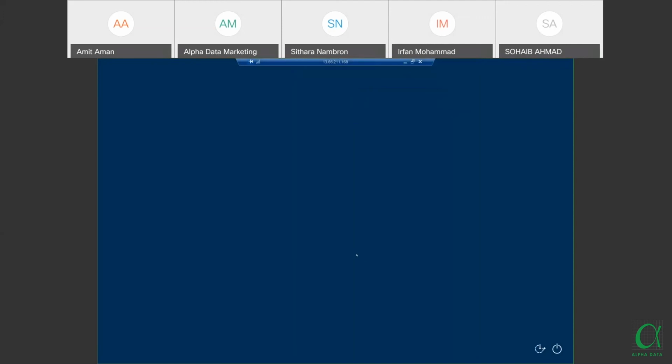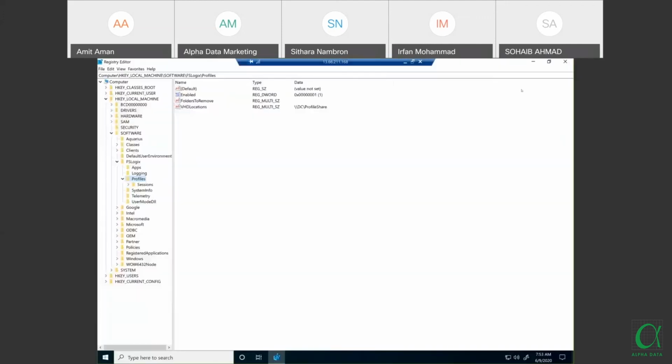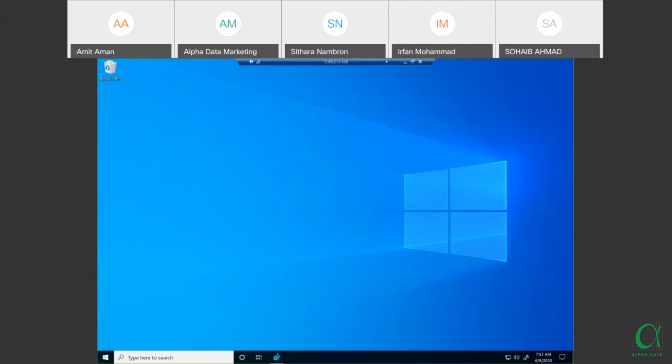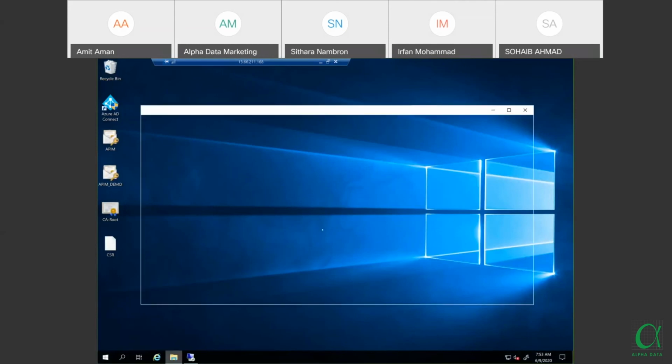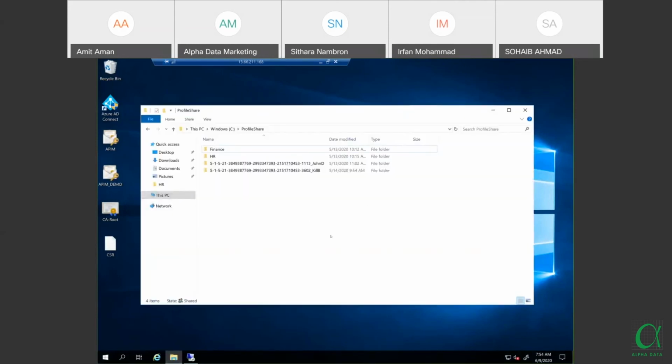Now, Microsoft is allowing you to use three different solutions. One is the on-premises file server, where you can store all your profile settings. Other is using Azure Files, which is a cloud solution for file services in Azure. So you can store all the user profile settings and data in Azure Files. And the third is Azure NetApp Files, which is from the NetApp vendor. You can store all your profile settings in that solution as well. So FS Logix allows you to integrate with these three different solutions to store all the user profile settings.